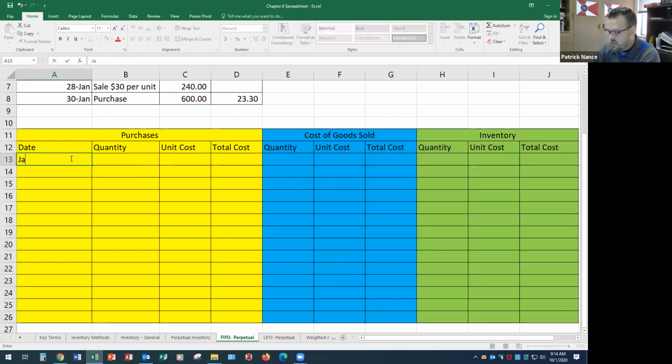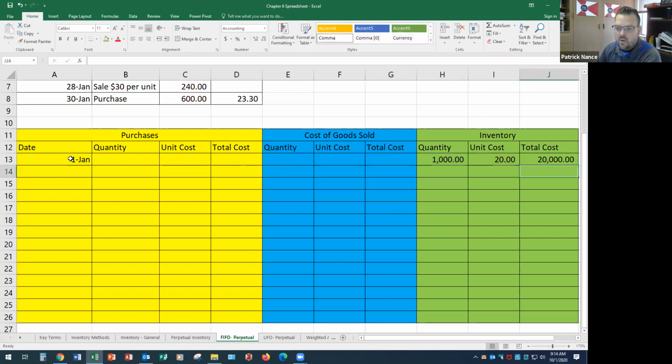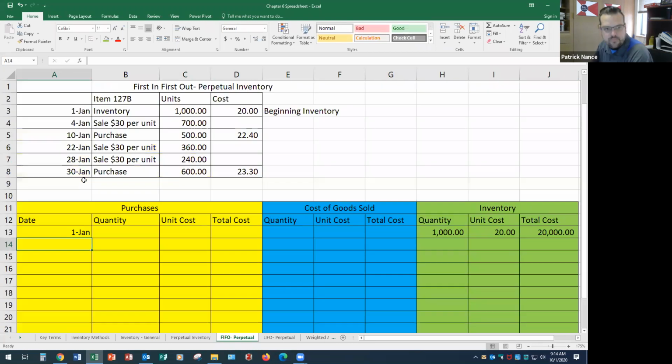So date, we got January 1st, and this is my beginning inventory, so it's not a purchase. I'd already purchased it in the last year. I didn't sell anything, so I don't have cost of goods sold. All I have is my 1,000 in inventory. My unit cost is $20 per unit, and then I can just multiply the 2 to get my total cost of $20,000. So on January 4th, I made a sale, and I sold 700 units, and I sold them for